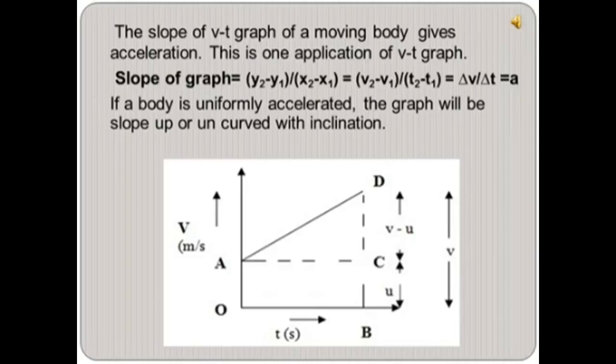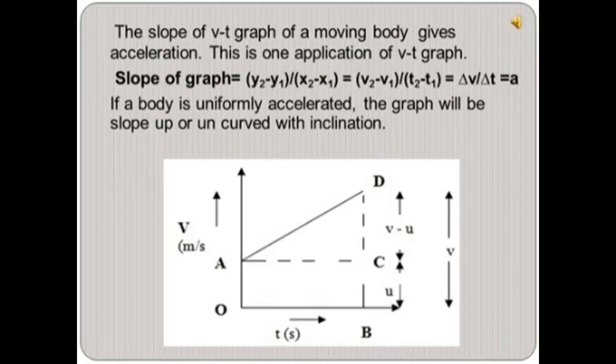Here y2 is v2, y1 is v1, x2 is t2 and x1 is t1. You have to put these y coordinate and x coordinate values. You will get the slope of the graph, that is delta v by delta t, which is the acceleration of